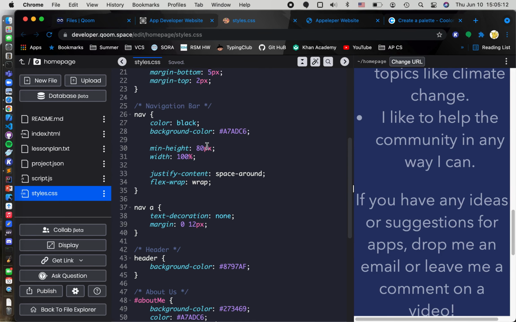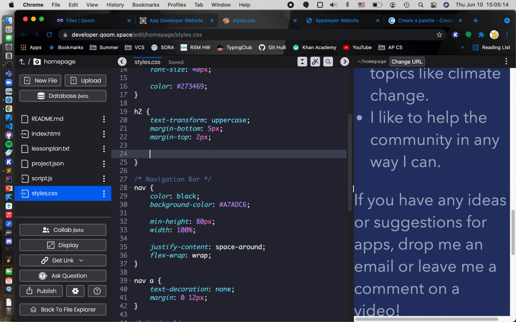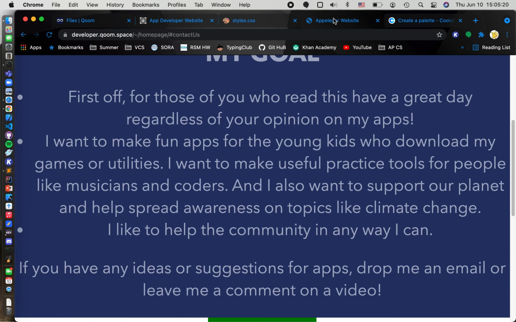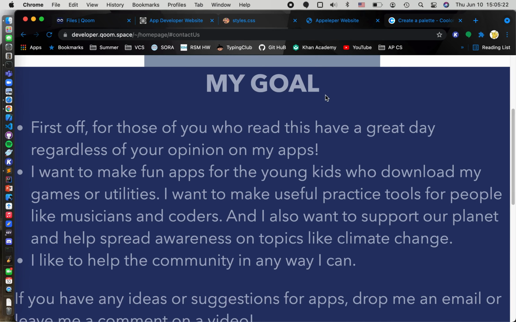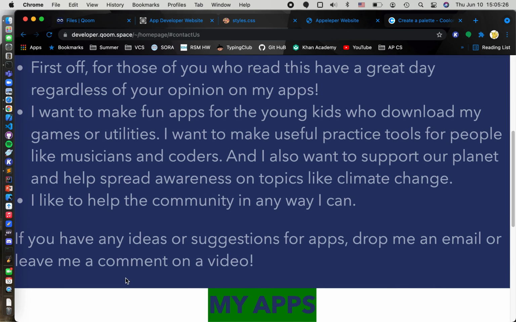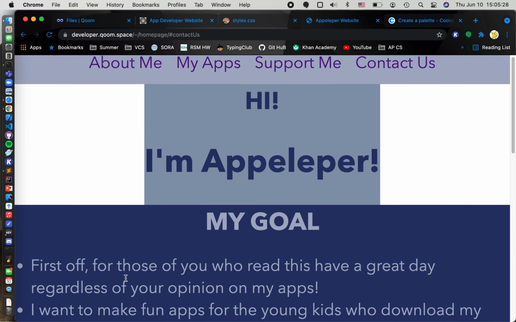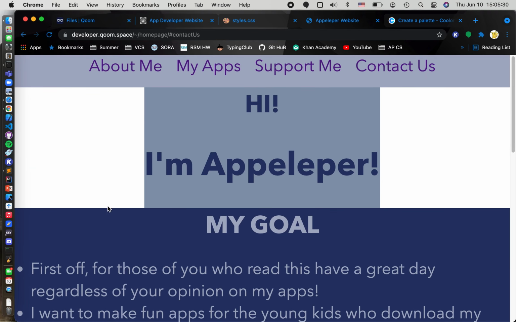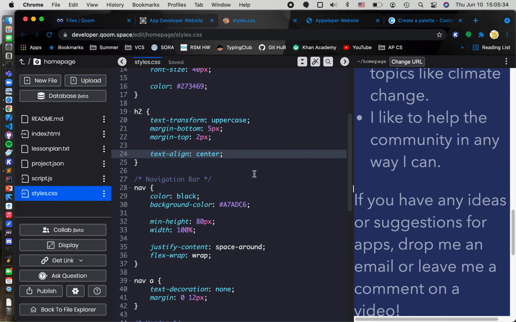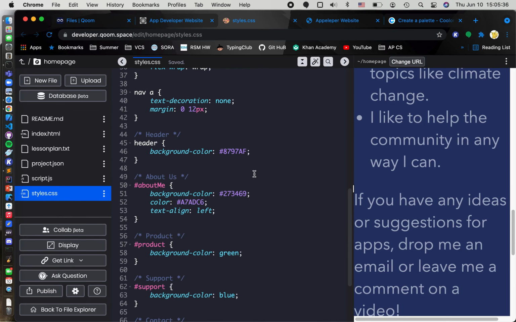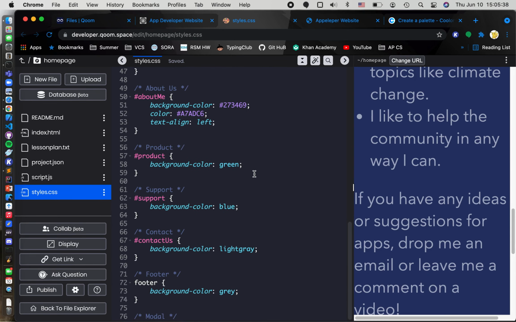and in our H2 over here, we can switch this to text align center. Now if I reload this page, you can see that we have this centered and this to our left, which looks, in my opinion, pretty good. Okay, and what I also want to do,